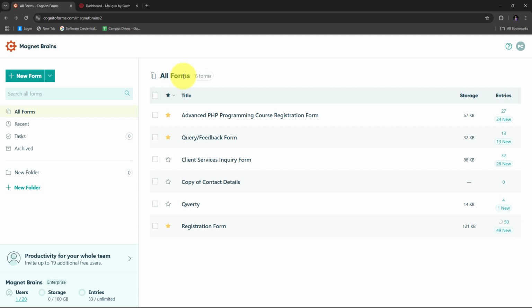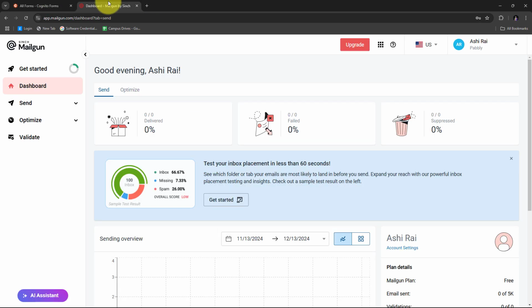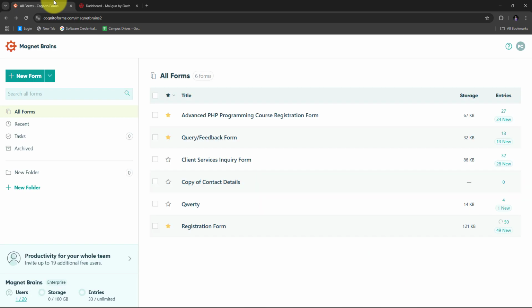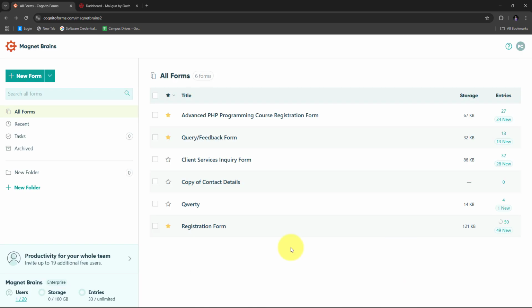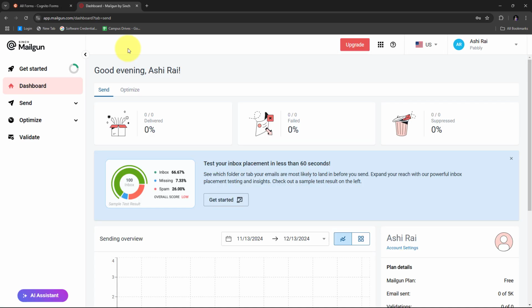By automating this process, I can save time, improve communication, and boost customer engagement without the need for manual updates. I can simply connect Cognito Forms with Mailgun with the help of Pabbly Connect, and I can build this automation without any coding or programming skills. With Pabbly Connect, whenever we receive a new form submission through Cognito Forms, it will automatically use that form submission detail to create a new